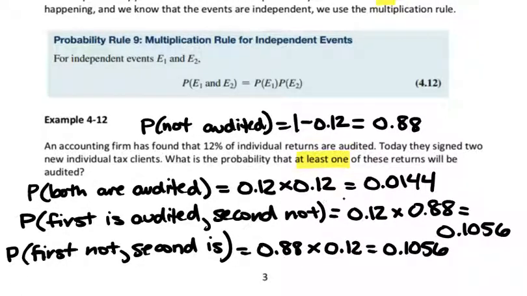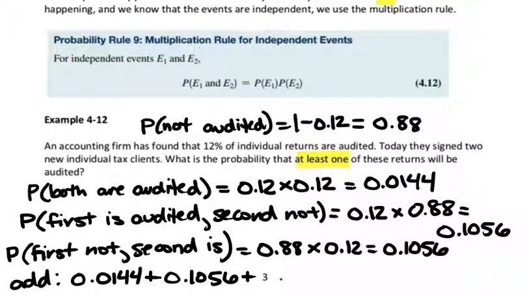And then what I need to do is add these three possibilities together. So 0.0144 plus 0.1056 plus 0.1056. And if I do that, I get